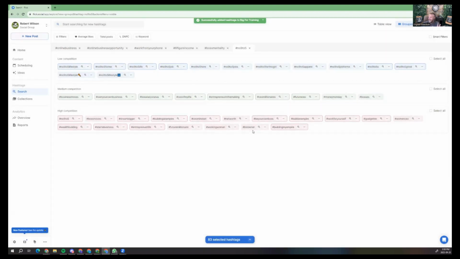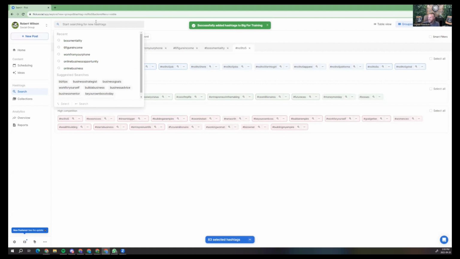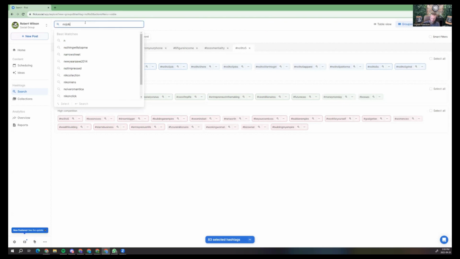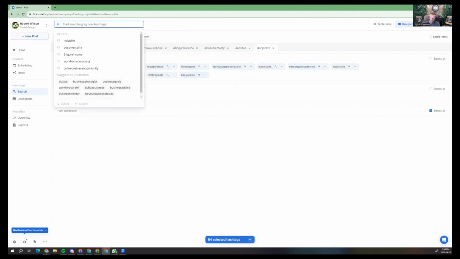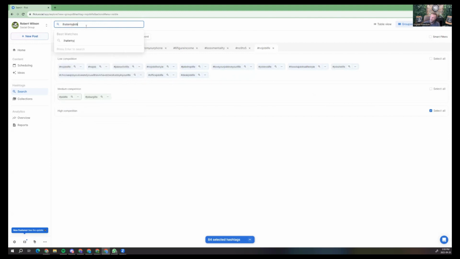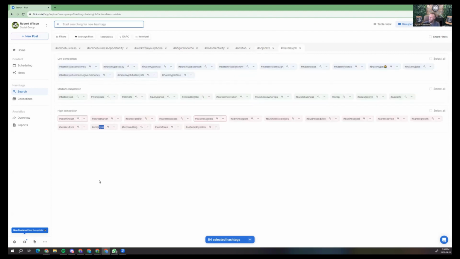So because I don't have an ideal avatar in this situation, I'm just going into the no job. Oops, it's good when I start typing no job life. Even job would be good. Job. Perfect. Work smarter.